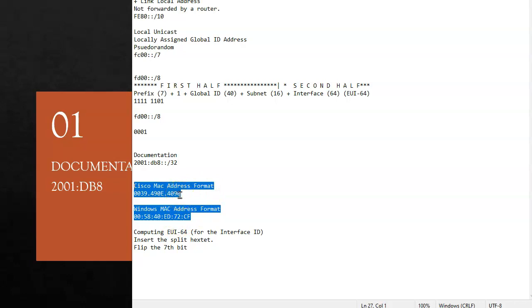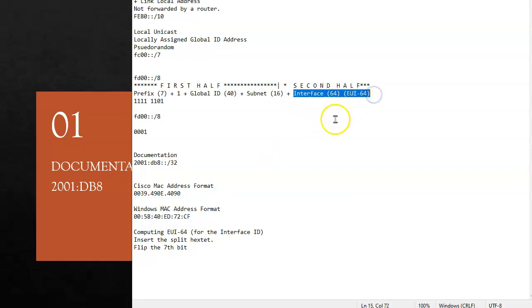What I have to do is come up with a way to generate a 64-bit address. Now, here's the catch: the OUI on the first half of the MAC address is manufacturer specific, and the last half of the address is interface specific.